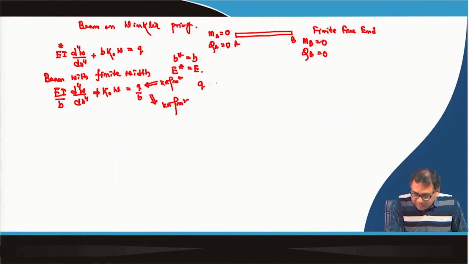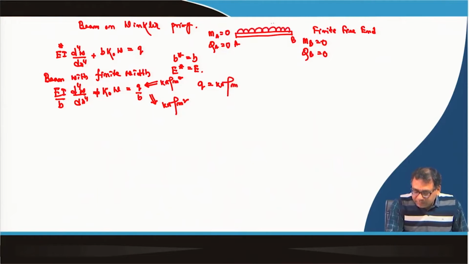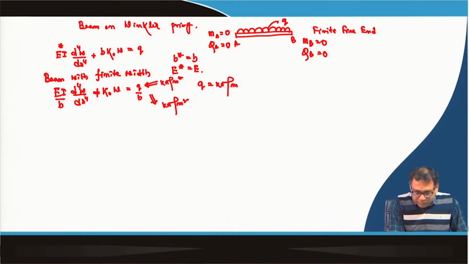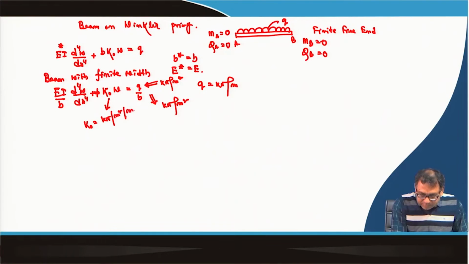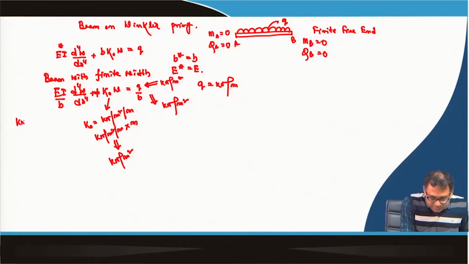Q is in kilonewton per meter. Okay, this is the Q, which is kilonewton per meter. So, finally, it will be kilonewton per meter square, because we are dividing by B, and this k0 is kilonewton per meter square per meter. So, if I multiply with W, this will be kilonewton per meter square per meter into meter. So, this will be kilonewton per meter square, and you come to this part, this E I is kilonewton meter